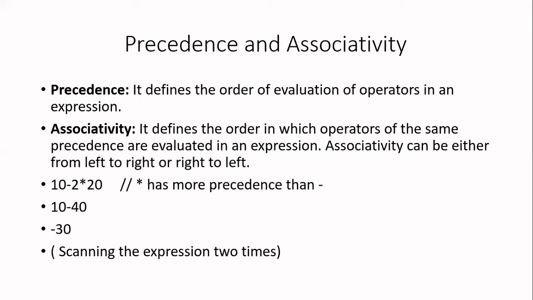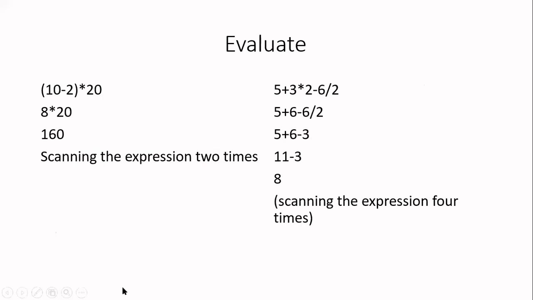Now let us see that with the help of one more example. In this, I'm telling you to evaluate this expression. It contains parentheses, which are explicitly given by the user. Why they have given these parentheses is, if there were no parentheses and you applied operator precedence, you would be evaluating 2 multiplied by 20 first. But explicitly, the user wants you to evaluate 10 minus 2 first. If they want to change the order of precedence, they will give it inside the parentheses, because for parentheses we are going to give higher priority.